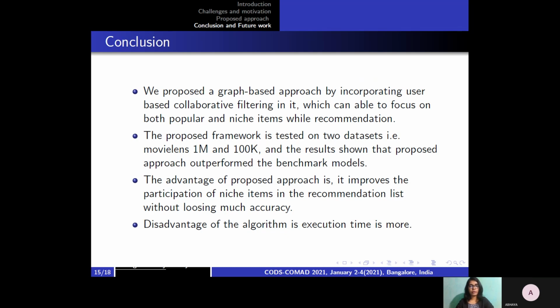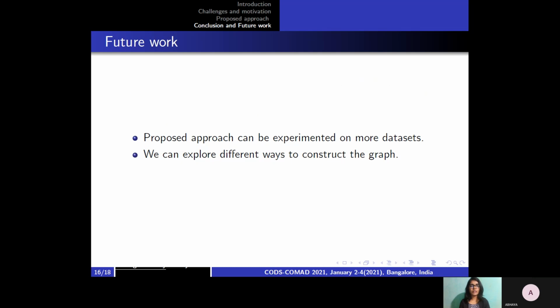The advantage of the proposed approach is that it improves the participation of long-tail items in the recommendation list without losing much accuracy, and the disadvantage is that execution time is more as we are using two approaches at the same time. Our future work includes experimenting with the proposed approach on more datasets.